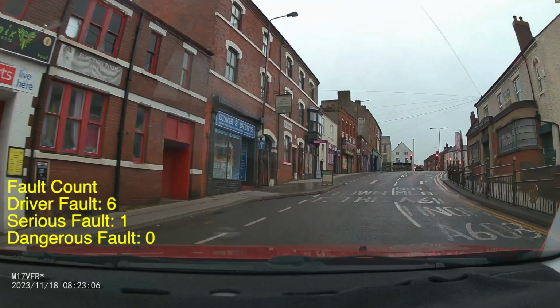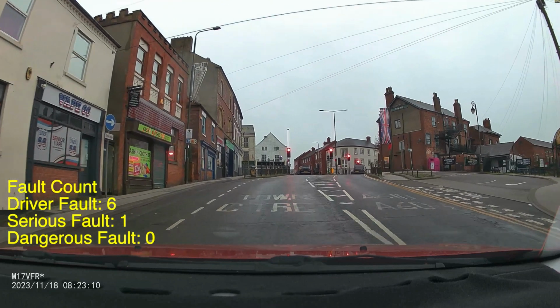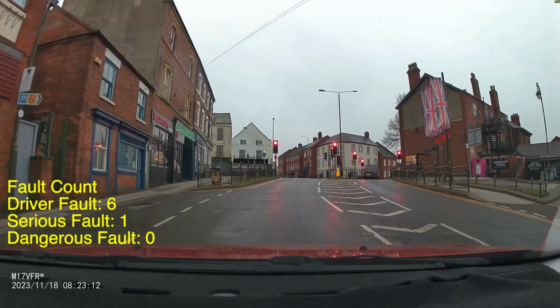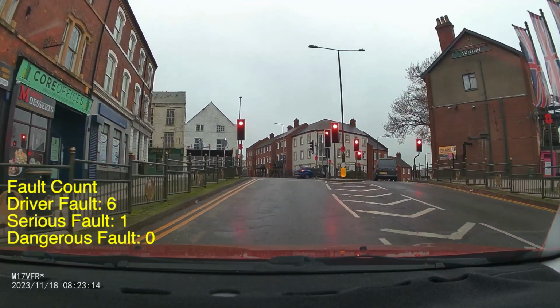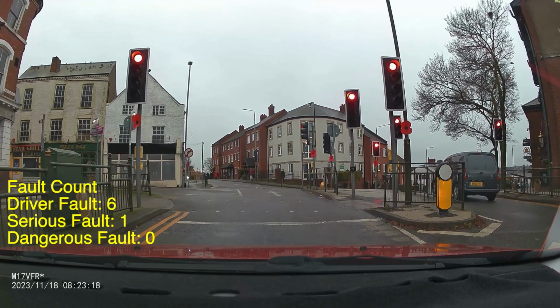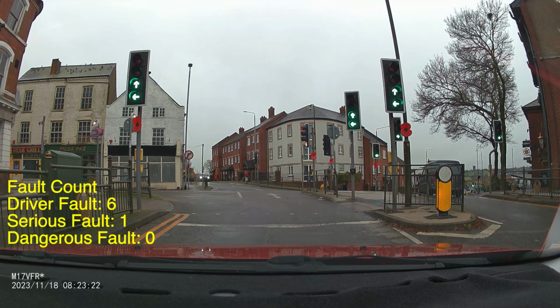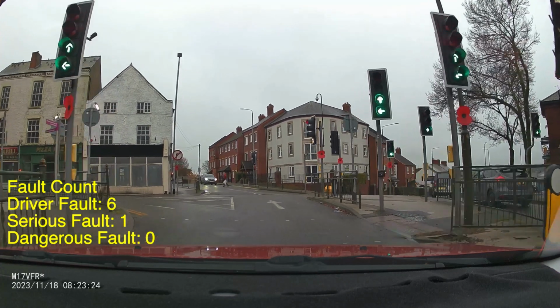And as we come around, you might notice the car at the top of the hill that decides to ignore the red light and carry on. We absolutely shouldn't do that, even if the road looks clear. So it's a legal requirement to stop at the red light, and the examiner will not let that slide if you drive through. As we turn left here, it is a very tight turn, so just very mindful of the